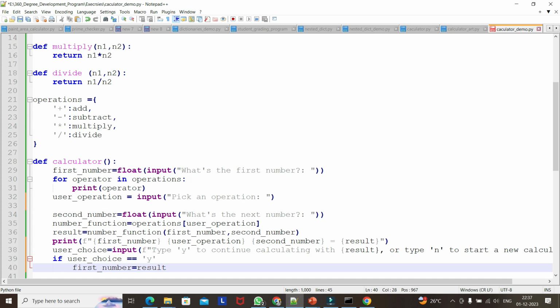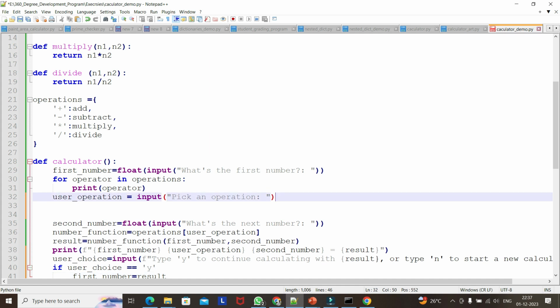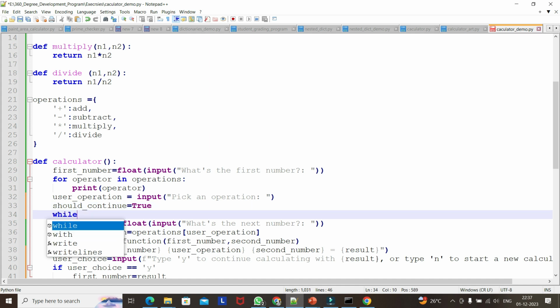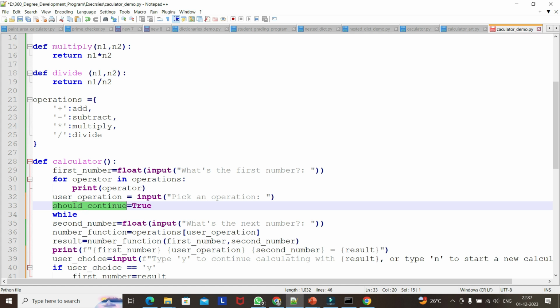So the first number will start from that loop. As of now we are not writing any loop, so let me write some function. I will define a flag, should continue equal to true. So while should continue,